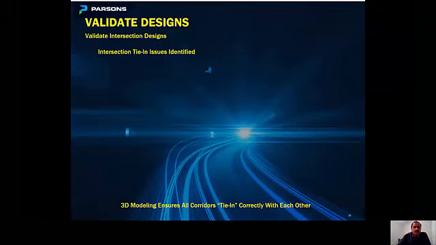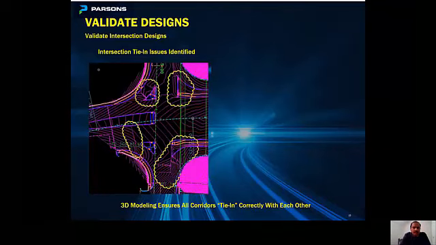Intersection tie-in issue. On one of the previous projects, we developed the preliminary model based on the intersection detail plans provided to us, using the cross slope information and intersection tie-in elevations. We were able to incorporate that into the model, and then later we found some issues at the ADA ramps. Some of the corridors and some of the ADA ramps were not tying correctly, and there were some issues, as you can see in these clouded areas.